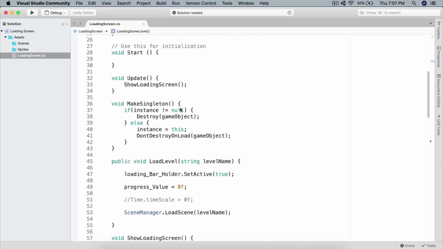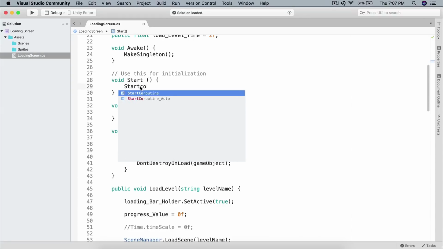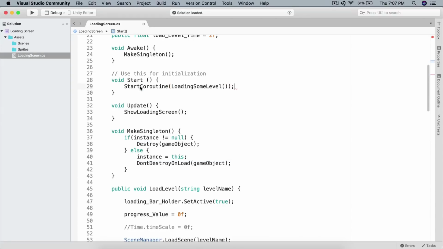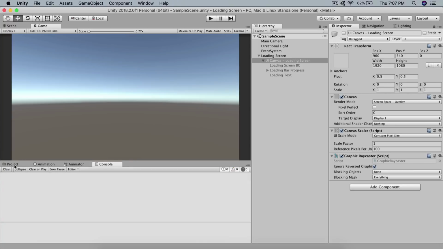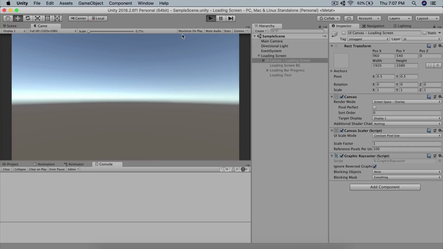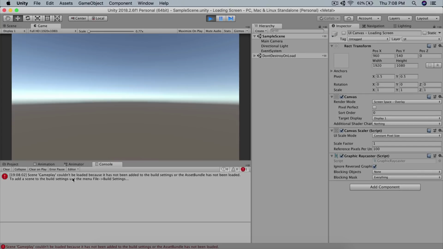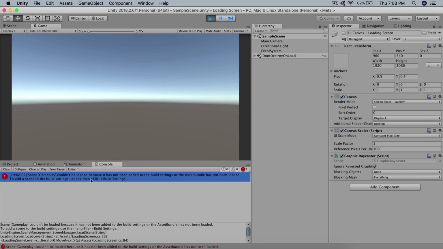We need to go in the start function and say start coroutine and pass this right here. If we do it like this now, the code will execute, but it will not work, and I will show you that in a second. So if I go here, clear the console, pay attention now. After 2 seconds, we should load the level, but you see, we saw the loading screen, but you see